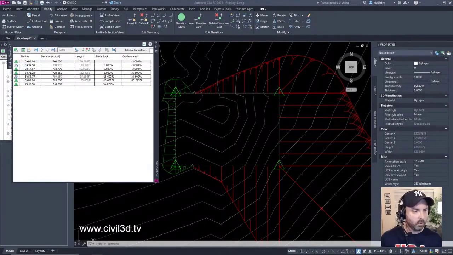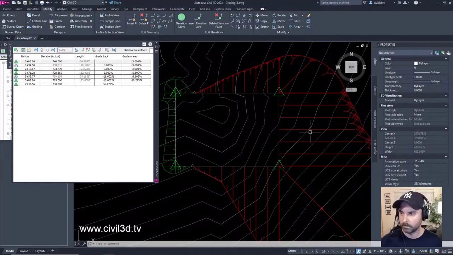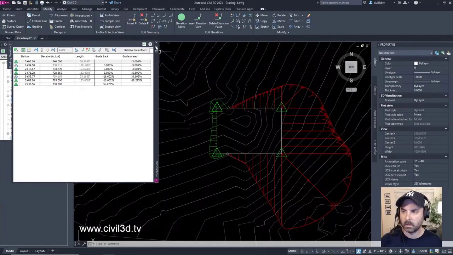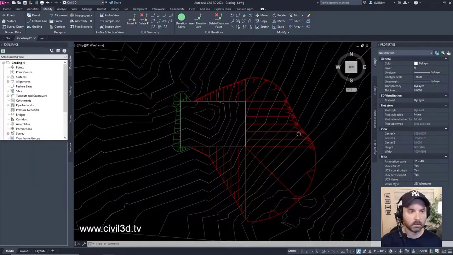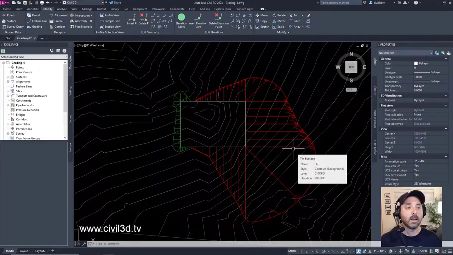Okay, we need to bring up the grading 5 drawing, or we can use grading 4. We can do that. We're going to use the grading 4 drawing with the changes that we made. And next, I'm going to close this out. We're going to be balancing cut and fill volumes within this particular exercise. In this exercise, you'll adjust the elevation of a building pad to balance the cut and fill volumes.